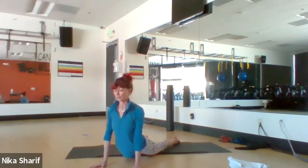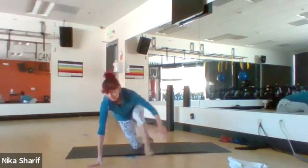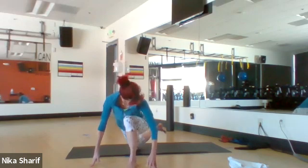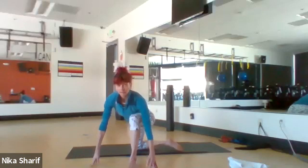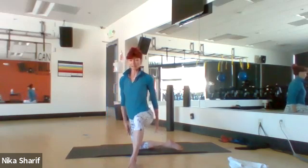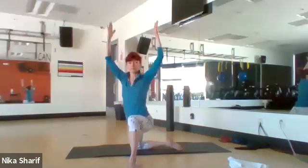All right, we're going to do it on the other side. Hips back, left foot comes forward. And if it takes you a little while to bring it forward, don't worry about it. Go at your own pace, please. So rotate now your right leg. I'm showing it from this direction. And lift up first, settle in, and then start to press your body forward as you're lifting your arms